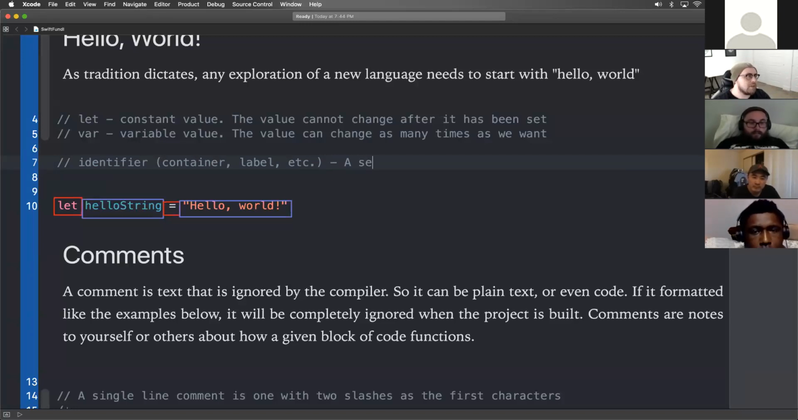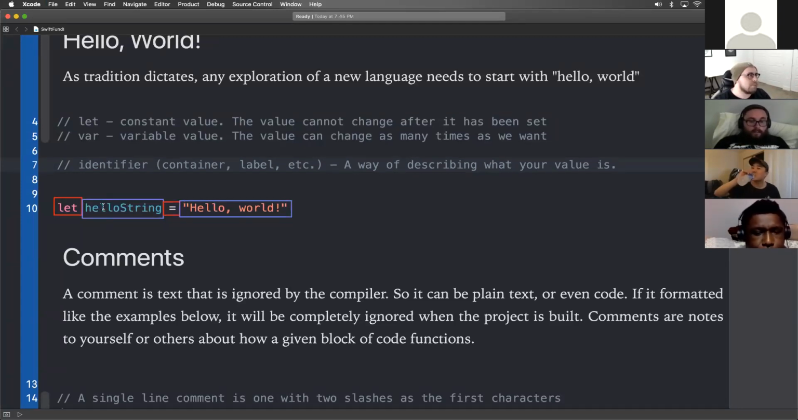So this is just a way of describing what your value is. For example, hello string says to me, okay, that's probably something to do with hello, in this case hello world. And I also know that this is a string, not that you always have to put string there, but it's something descriptive. What we're trying to do here is, in Swift and in iOS in general, whether you're using Swift or Objective-C,